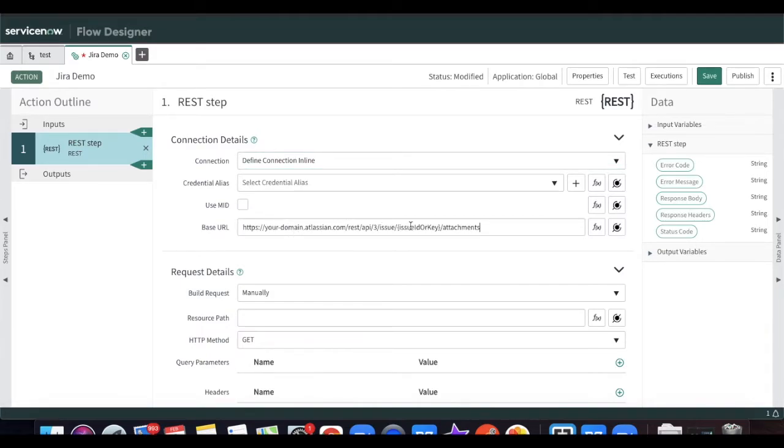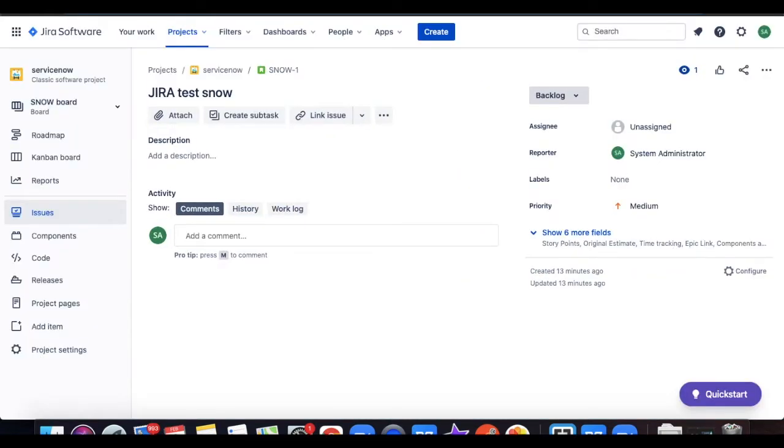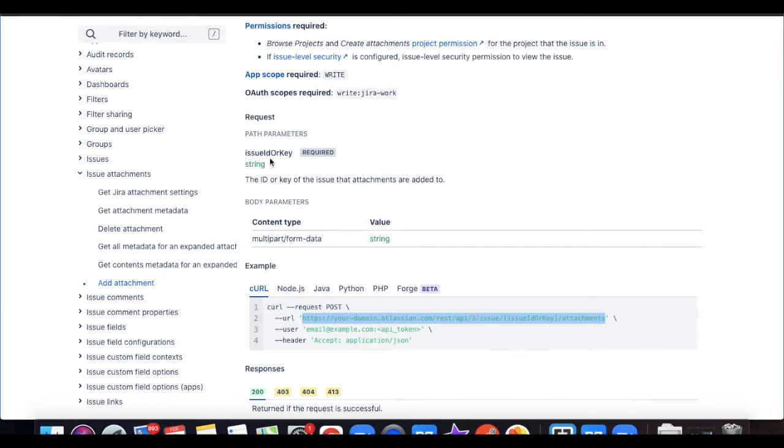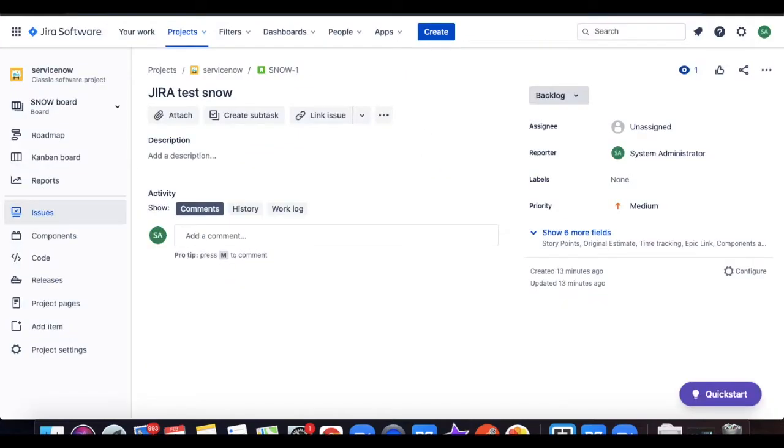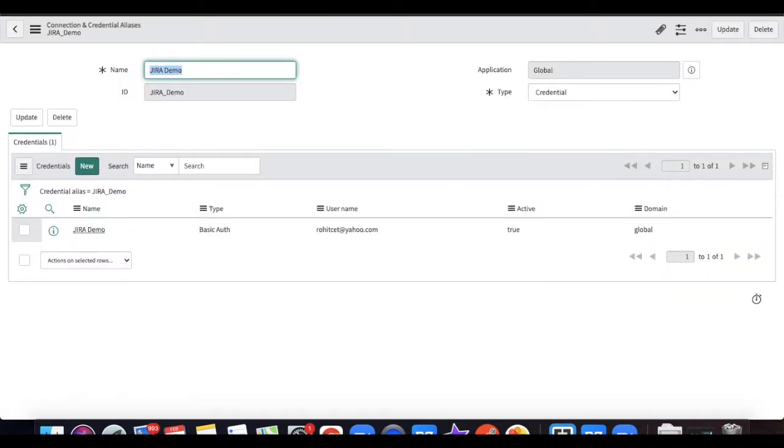This URL I have copied from this documentation only. Now this yourdomain.atlassian.com needs to be replaced with my Jira dashboard. So let me copy this URL from my dashboard and paste it here.